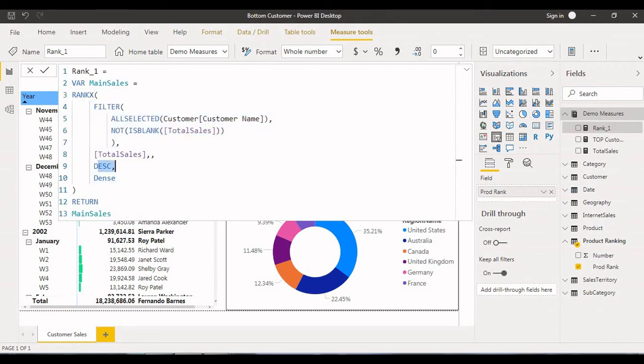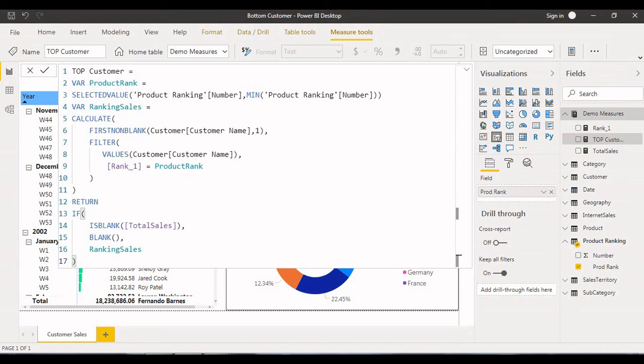I'm ranking in descending order. After that, for the top customers measure, I check which option we are selecting using the slicer, top 1, top 2, top 3, top 4, and I use that in the filter condition. For the Rank 1 measure, I'm using that value.